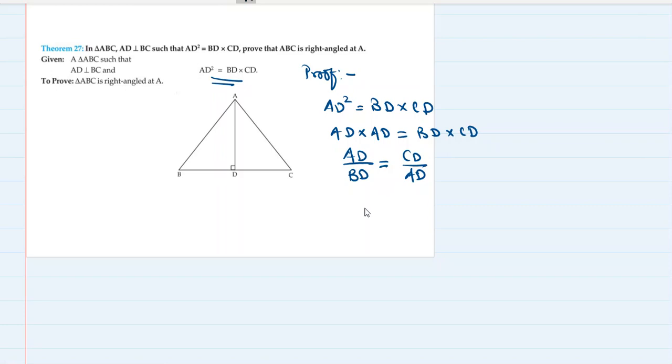So I'm just going to write AD upon BD is equal to CD upon AD. Okay. And I'm going to write angle ADB is equal to angle ADC, both 90 degree. Okay. Then what am I going to write? See very carefully. Therefore, triangle ADB, this triangle, is similar to triangle